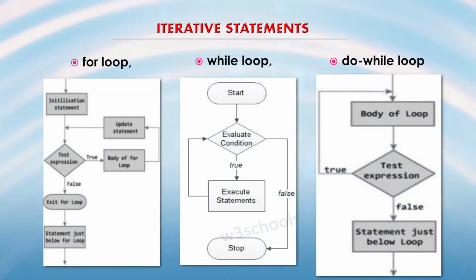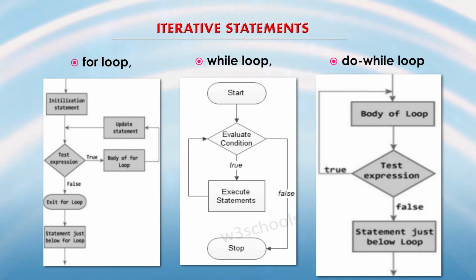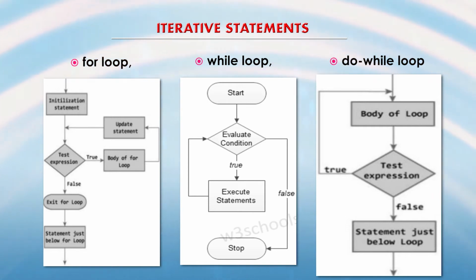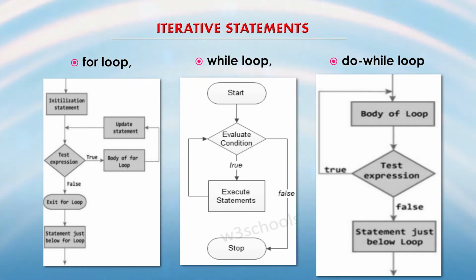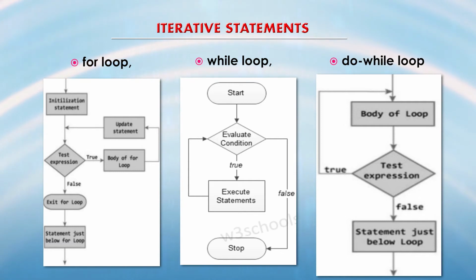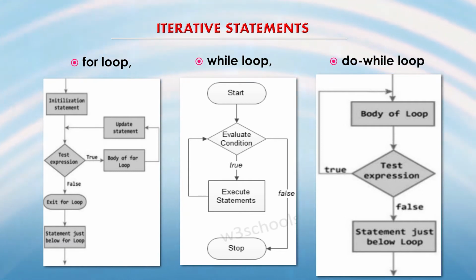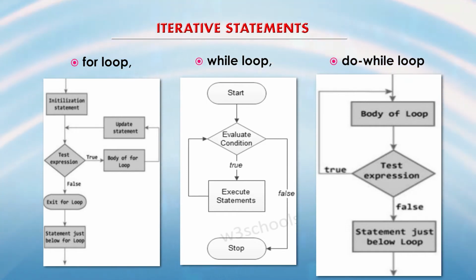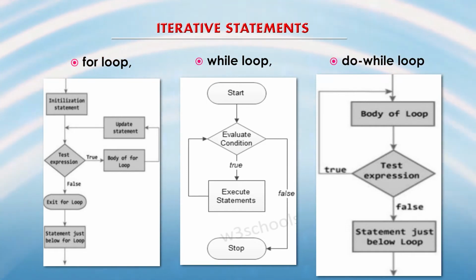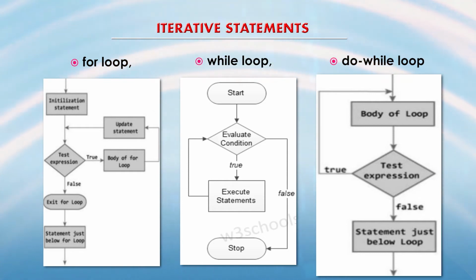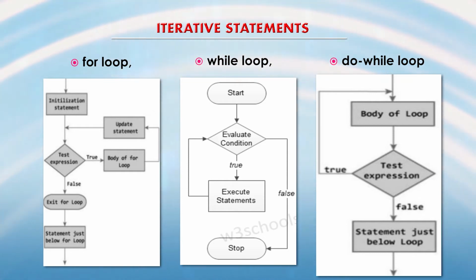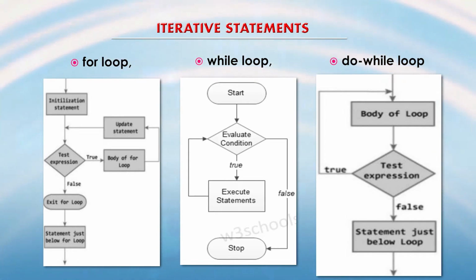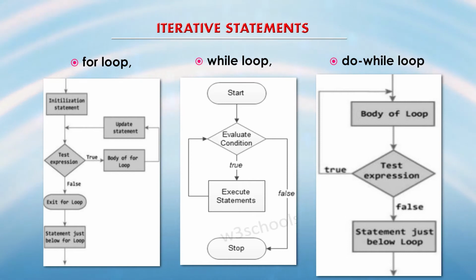The for loop has 3 sections: firstly we initialize, then we check the condition, and after checking the condition we update the value. Say for example, I write the statement for i = 0, i <= 10, i++. So, i = 0 is the initialization part, i <= 10 is the test condition, and i++ is the update to the variable i.